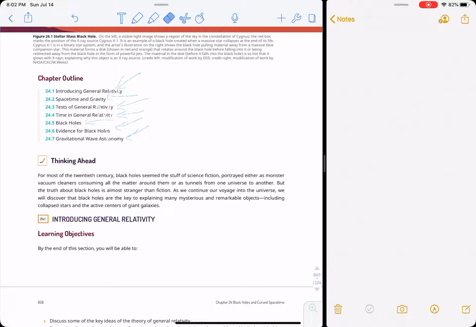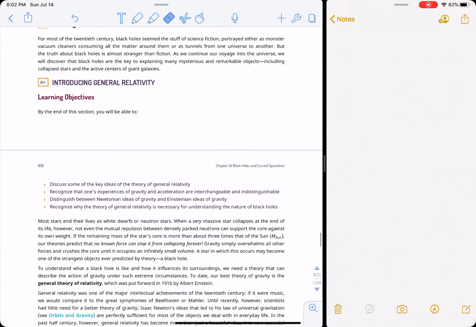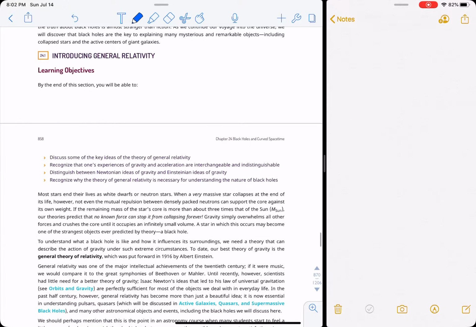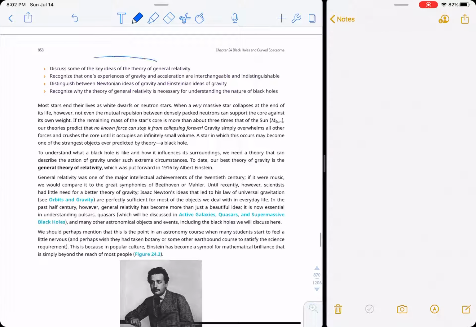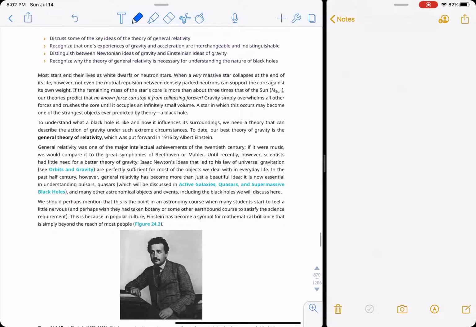Okay, so the first thing that's really important to understand is general relativity in general. The main goal here is just to discuss the main concepts of relativity, and that gravity and acceleration are the same phenomena in terms of our experience. This was a big deal, and at the end of the day, this is why we need general relativity